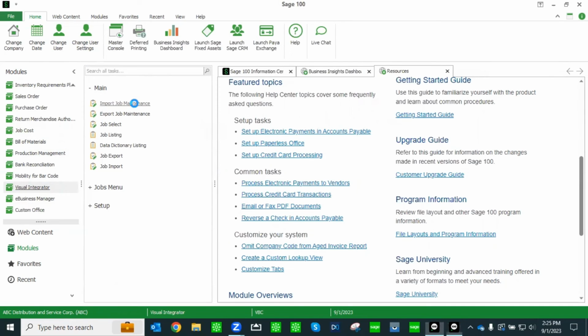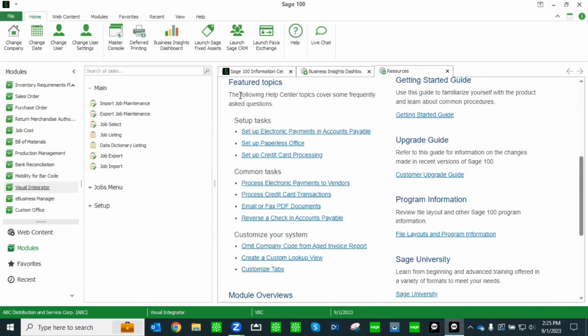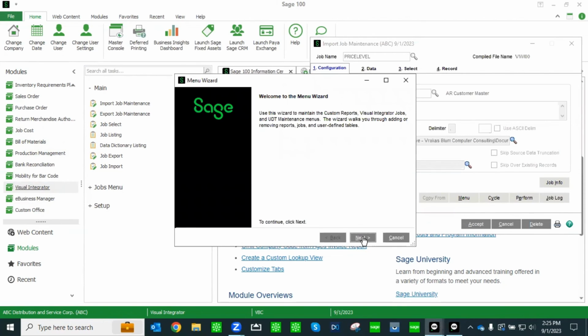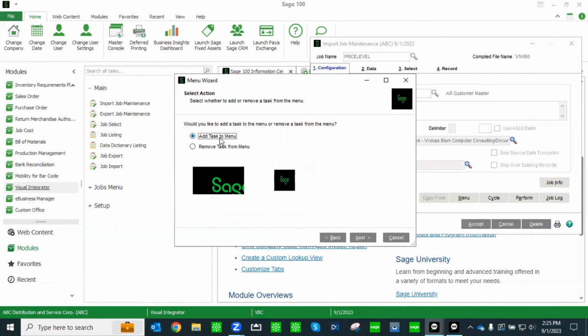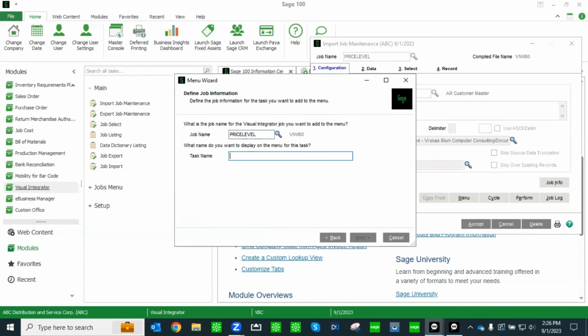Here, if I go into import maintenance and this time look up that price level that I created, once a job has been established, you actually have the option to use this menu button. If I add the menu button, Sage will launch a wizard. We can say we're going to add a job or remove a job from our jobs menu. I'm going to go ahead and add. I confirm the job name I'm looking to do, how I would like it to display on the list. So I'm going to say this is a customer price import,